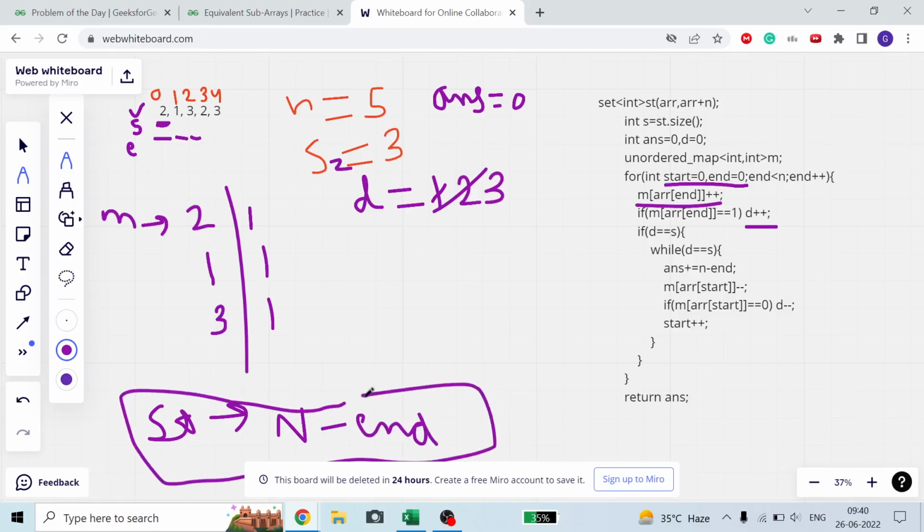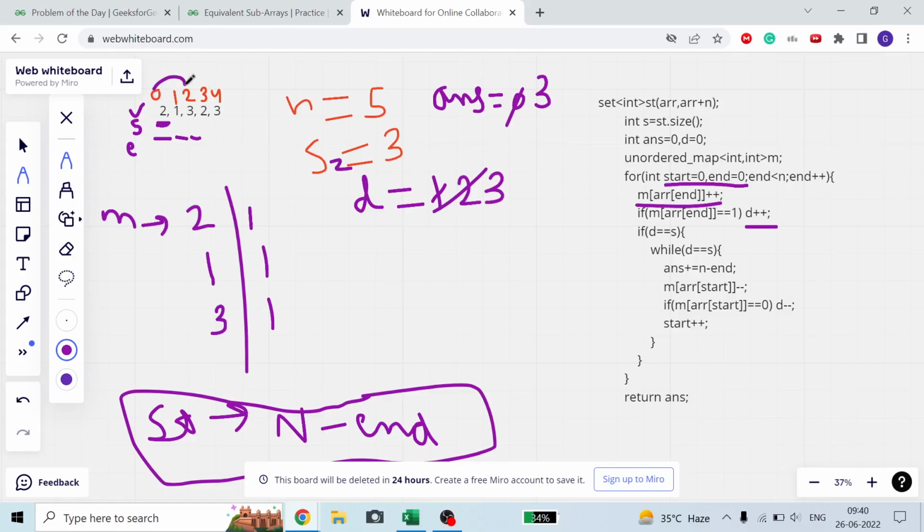This is basically the formula. So now my end is equal to 2, and n is equal to 5, so 5 minus 2 is 3. So from start, that is 0, I can say I have 3 subarrays.